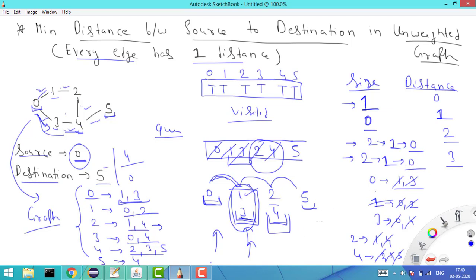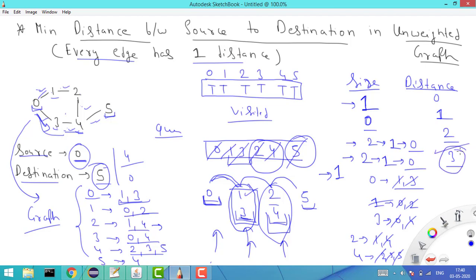So now this is 0, it means I have done with this layer as well. And now I will check again. So now my size is 1, it means I need to operate on 1 size, right? Now I'll remove the element from here. So now when I remove the element from here, then I check whether this is equal to the destination. So yes, if you see, this is equal to the destination, and if this is equal to destination, at the same moment I can return the distance, right?